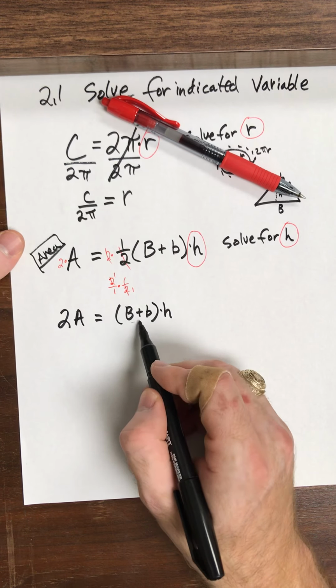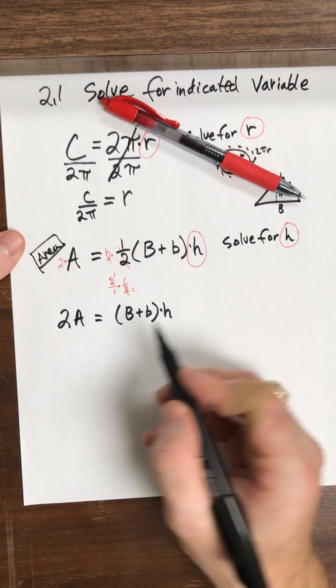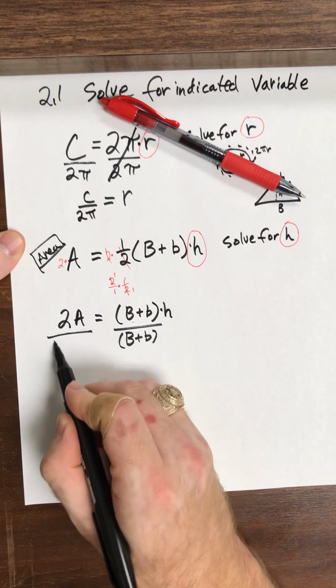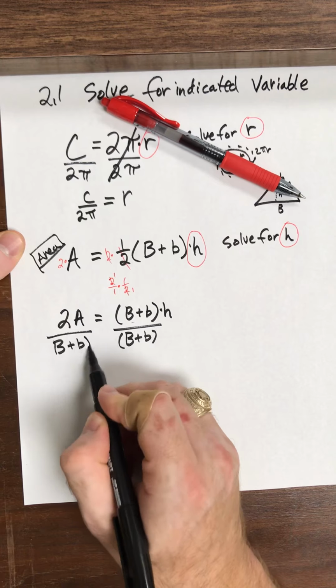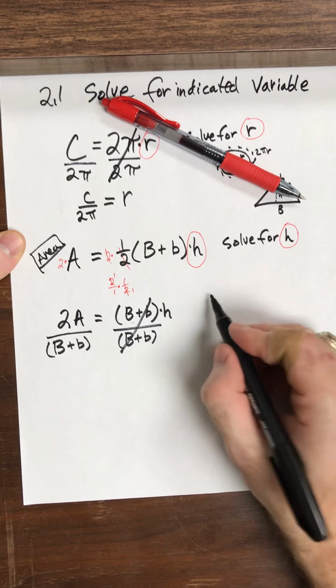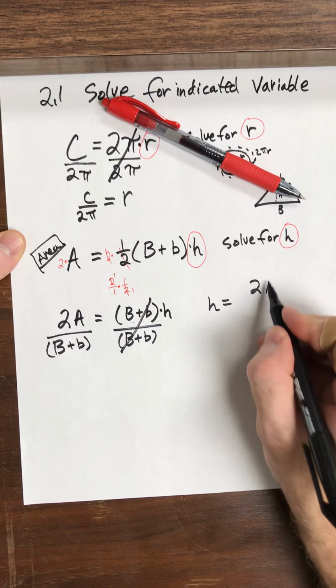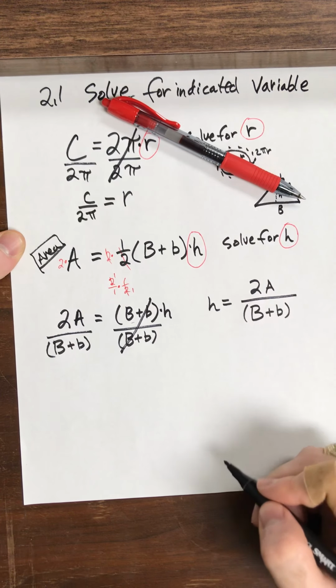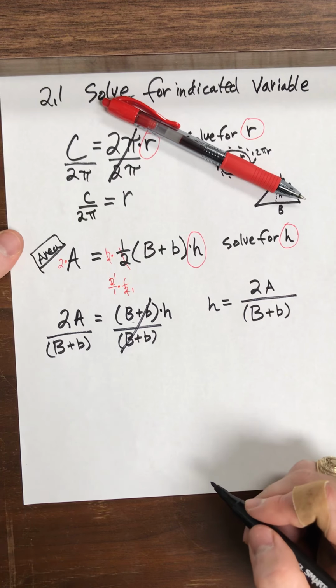So what do I do to get h by itself? The opposite of multiplication is division. Okay, so I divide both sides by capital B plus lowercase b, and it cancels. So h here is 2a over big B plus little b, right there. All right,